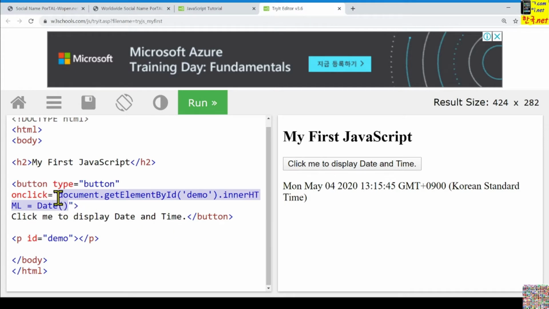Inside of this double quote, this statement is the JavaScript statement we learn. This is called the onClick event, and this is called the onClick event handling program, written in JavaScript, a very simple JavaScript statement.